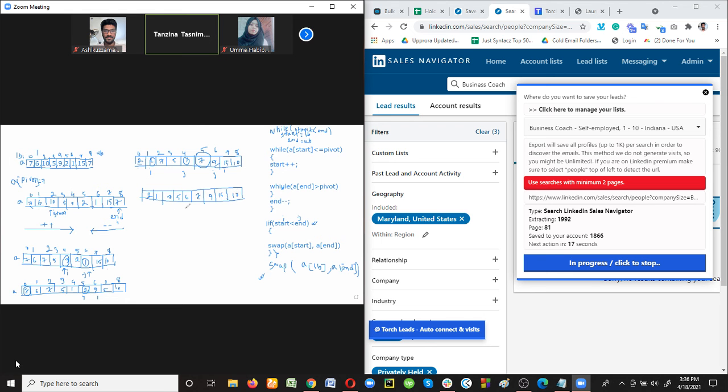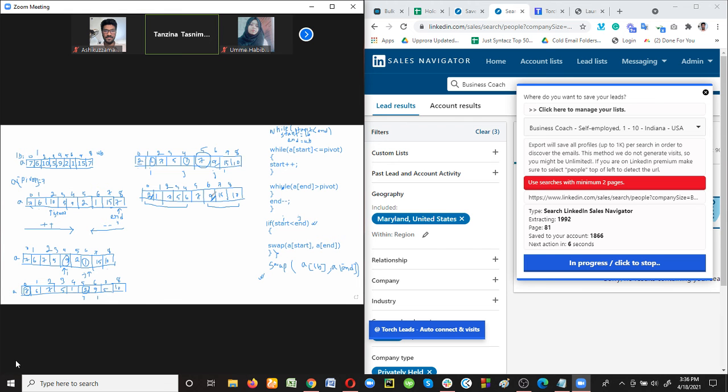Still, this is our first subarray because this is our pivot. Let me write the index value. So this one was our left subarray and this one is the right subarray. And for this left subarray, which one is the pivot element? This 2. And for this subarray, 9 is the pivot element.